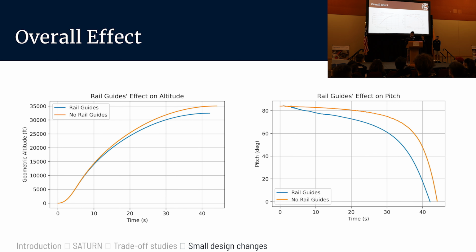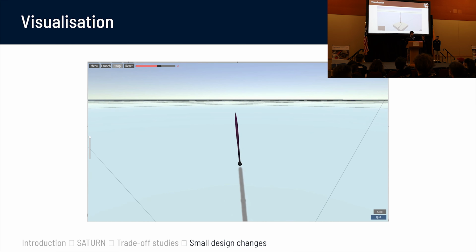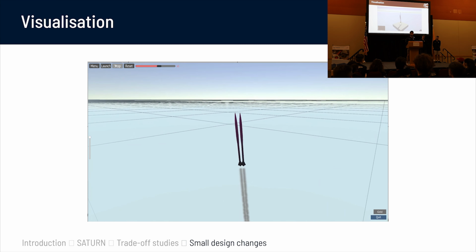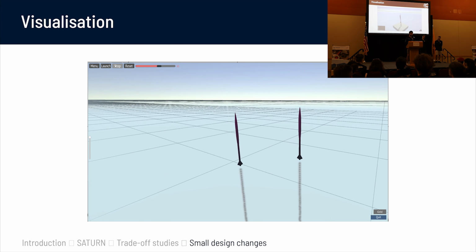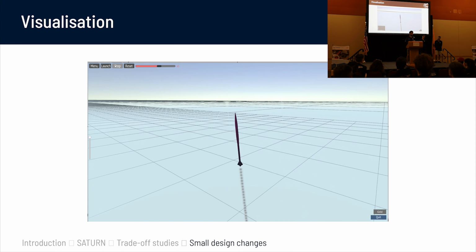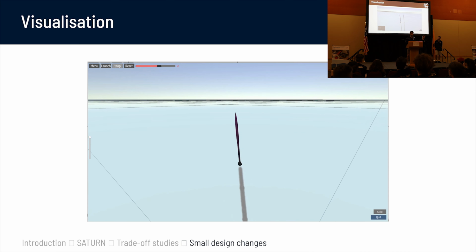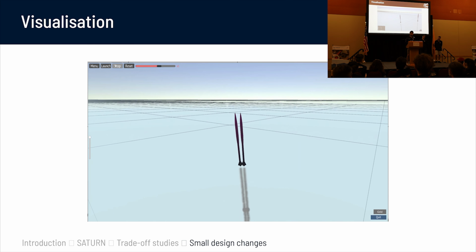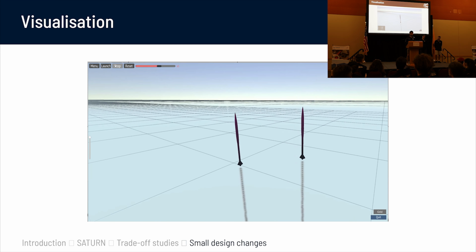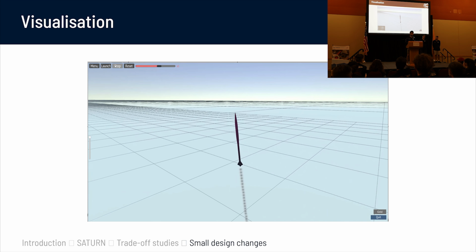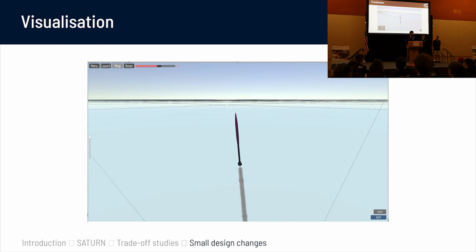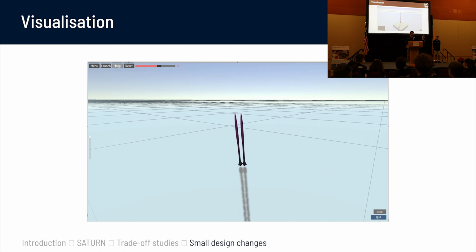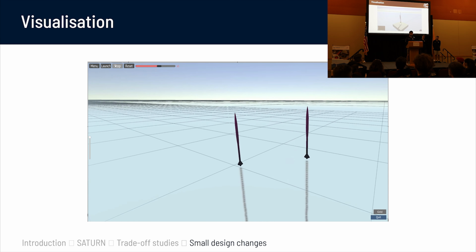In this visualization here, we're showing two different simulations. One is with railguides and the second is without, and we're tracking the rocket with railguides. As you can see, although they have a relatively similar trajectory at the start of flight, they quickly deviate when they reach supersonic flight. Additionally, in the bottom left, you can see the angular rates of the two flights compared,